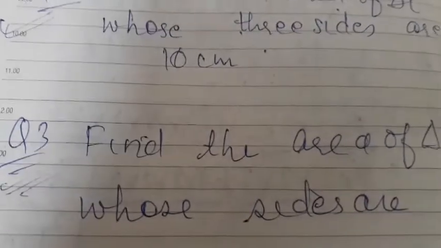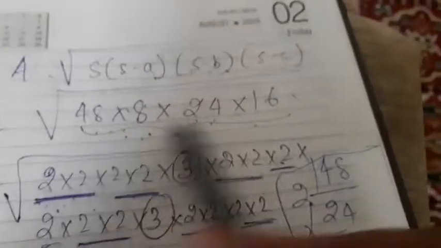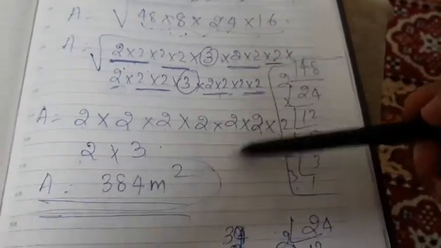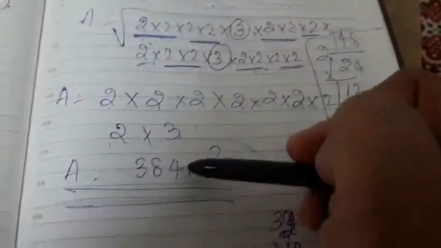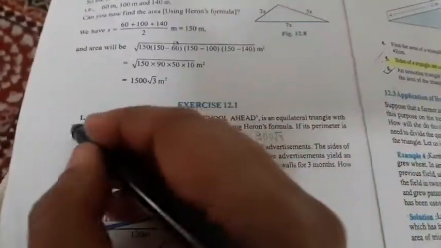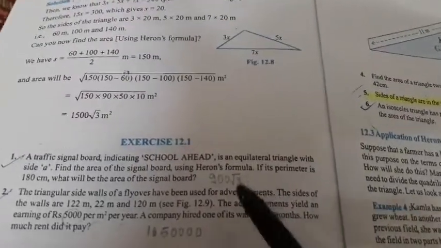If you have any doubt, I don't think so you will have doubt here, because I told you how to factorize it. When you reach this step, you will factorize, use prime factorization, and taking the pair you will get the answer. Okay, and still if you have any doubt, children, you can ask me. Now as you can see that there is an exercise, you can start working on it. Okay, tomorrow I will explain you with all these questions.